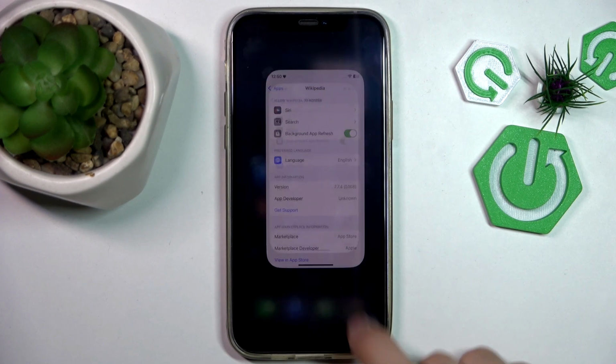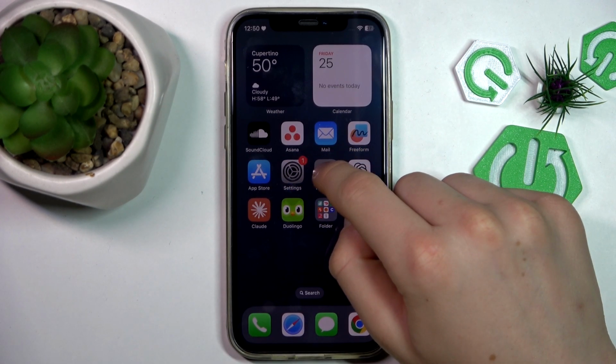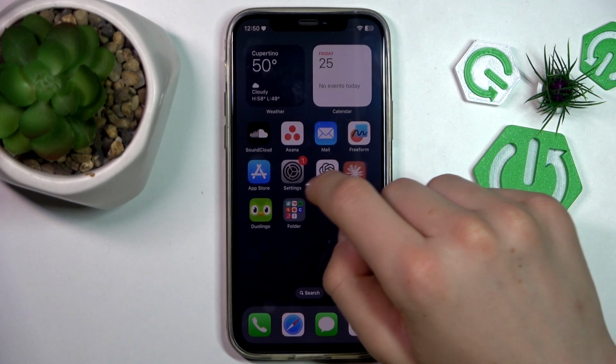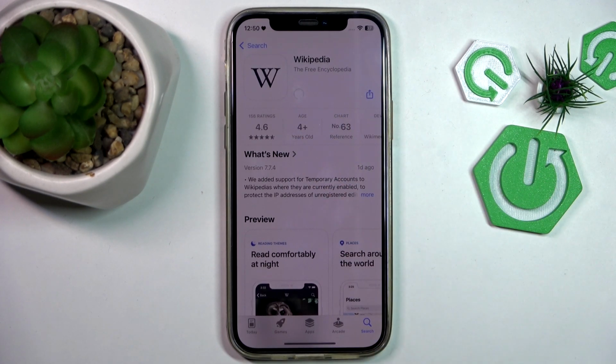I'm gonna show you one more way. So you take your Wikipedia app, remove the app, uninstall, go back and just reinstall the app. After this, all of the failures and issues should be